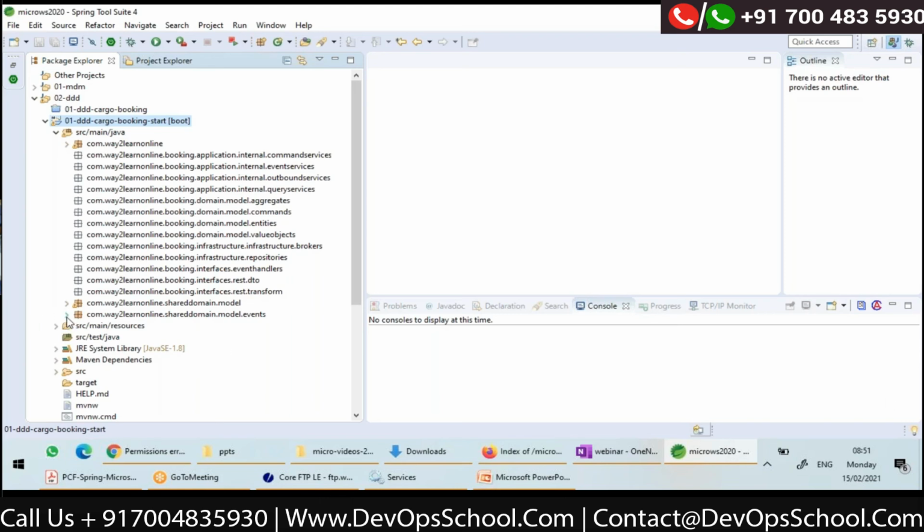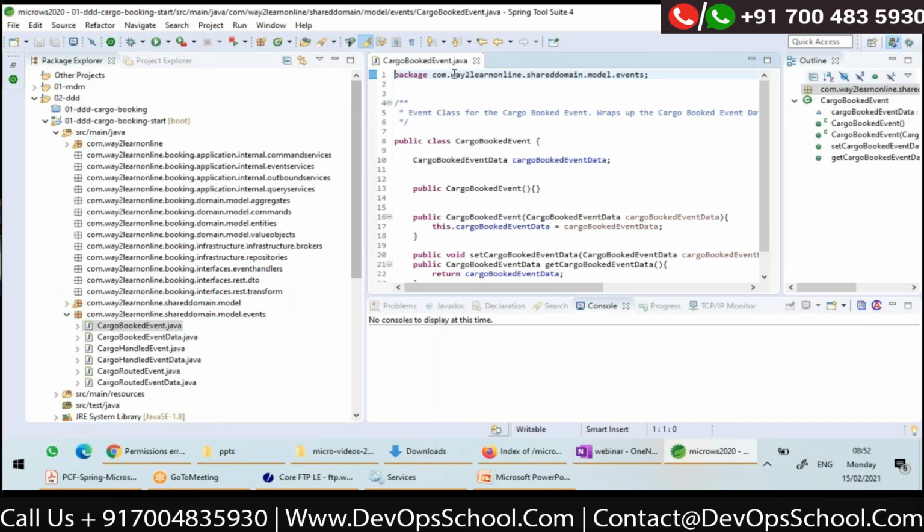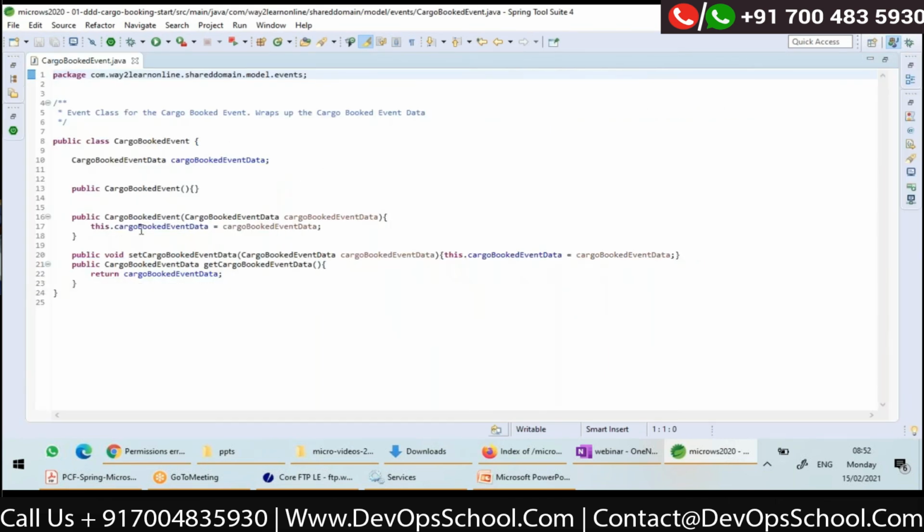Here I have created com.witler online as my base package, shared domain dot model dot events. These event classes are shared because one module might publish the same event object and another module might receive it. So here is one simple one, cargo booked event. Whenever a cargo is booked, this is the object which will be published into RabbitMQ.